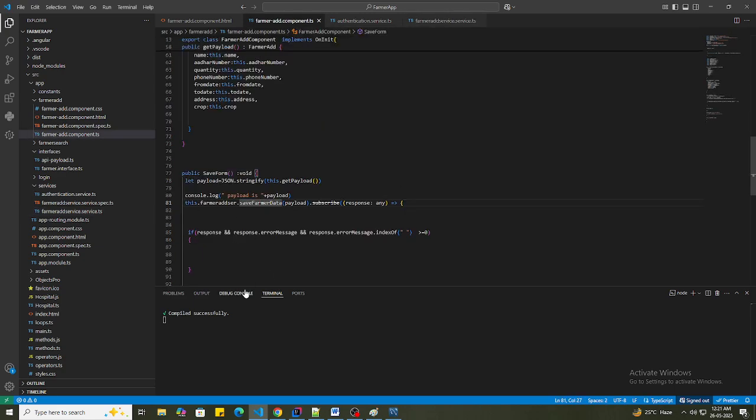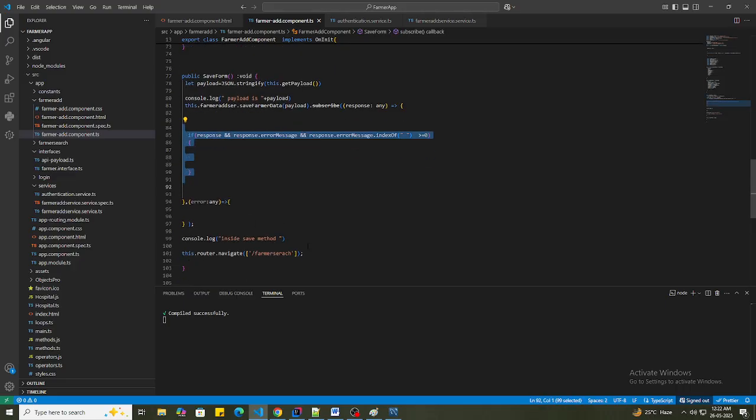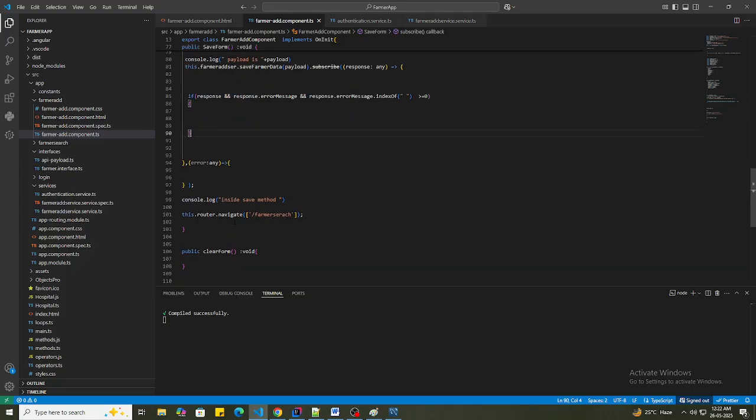Here we are getting the response. In Java we would get the return value here, but here we are getting the response and validating it. If there are errors, we are printing something. Once the response is true and everything is fine, we are navigating to farmer search. And again, if you go to the module.ts class we saw,